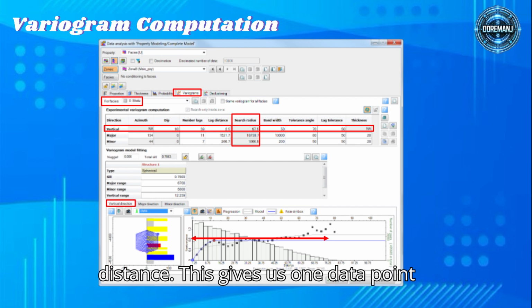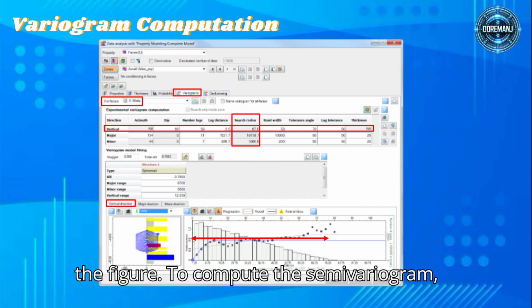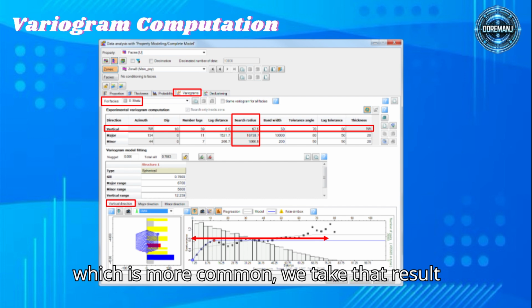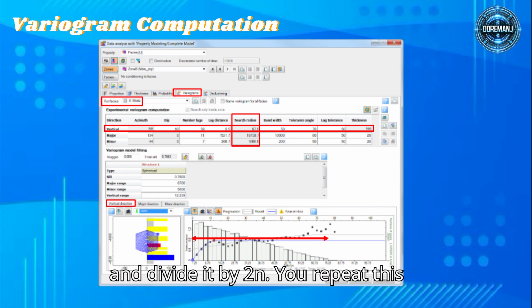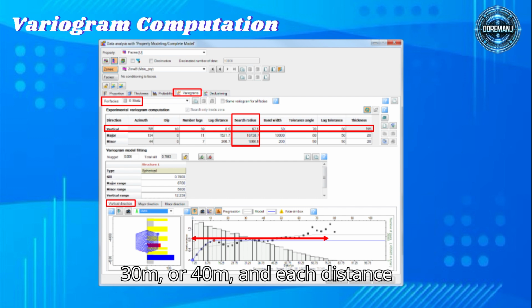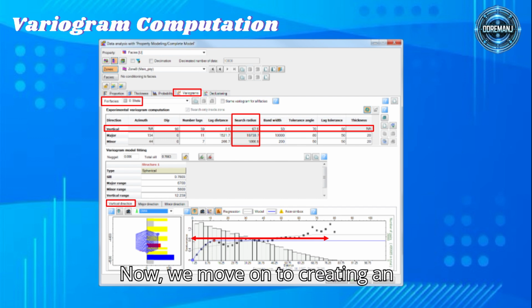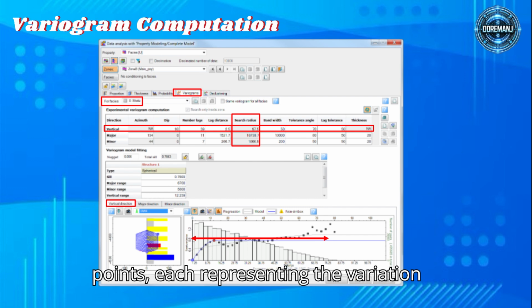This gives us one data point on our variogram graph, the dot shown in the figure. To compute the semi-variogram, which is more common, we take that result and divide it by 2n. You repeat this process for other distances, say 20m, 30m, or 40m, and each distance gives you another point on the variogram. Now, we move on to creating an experimental variogram, which is essentially a collection of all these points,